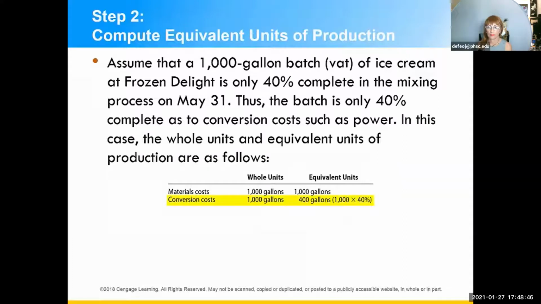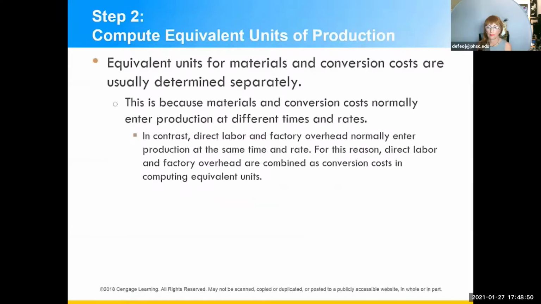Therefore, the equivalent units are 400 gallons. It is necessary to compute equivalent units for materials and conversion separately because they enter the process at different phases of production. For example, materials are usually placed into production at the beginning, while many conversion costs are entered well